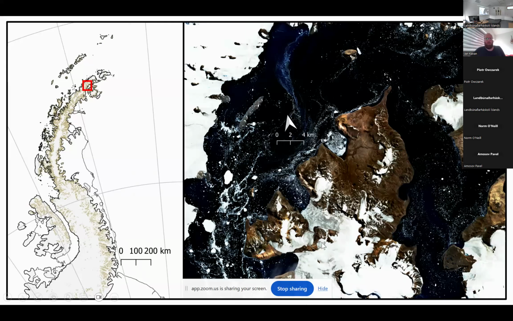The site is located on the tip of the Antarctic Peninsula, on its eastern side, which is quite nice because we are in kind of a rain shadow. So the precipitation is really low, around 200 millimeters per year. And this results in quite a dry area. We have this area on the satellite image on the right, which is Ulu Peninsula, the northernmost part of James Ross Island. It's about 300 square kilometers of ice-free area, like pure dry land. The Czech station is on the northern shore here,